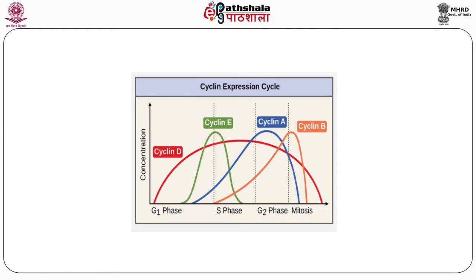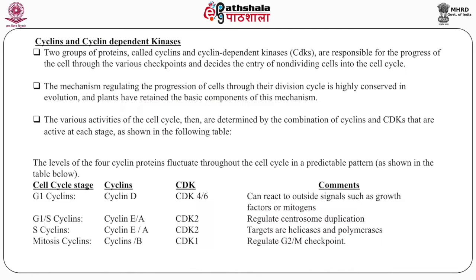So, starting off with the cyclins and cyclin dependent kinases, two groups of proteins called cyclins and cyclin dependent kinases, or the CDKs, are responsible for the progress of the cell through the various checkpoints and decide the entry of non-dividing cells into the cell cycle. The mechanism regulating the progression of cells through their division cycle is highly conserved in evolution, and plants have retained the basic components of this